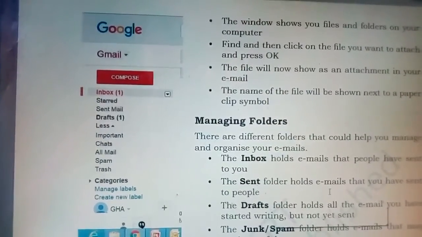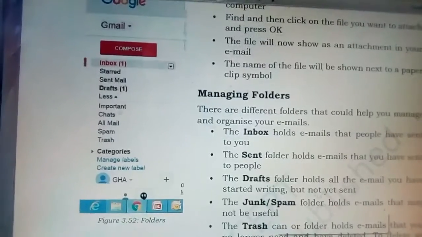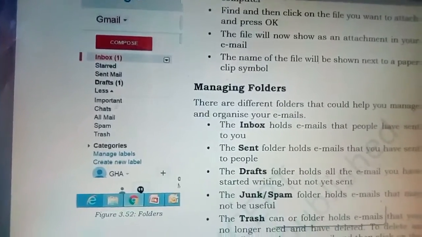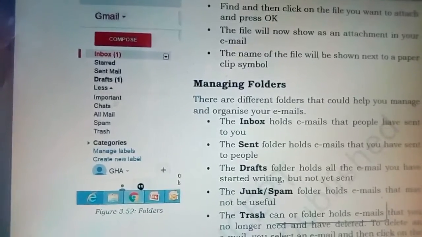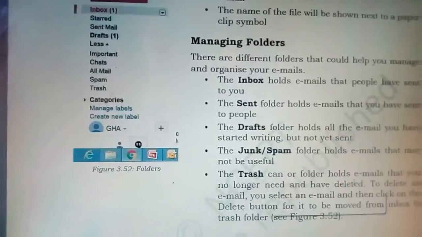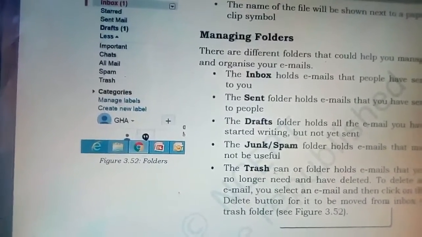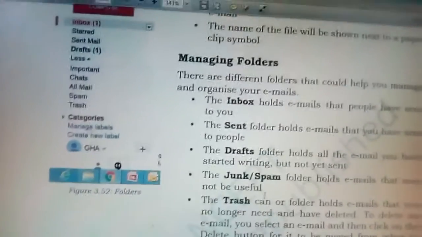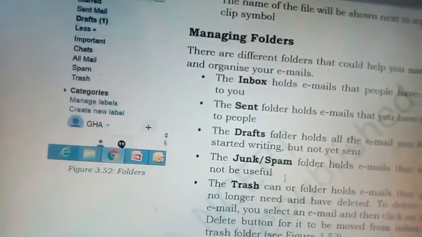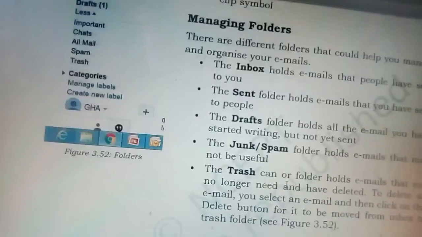Next one is the sent folder, that holds emails that you have sent to people. Drafts folder holds all the emails you have started writing but not yet sent. Junk or spam holds emails that may not be useful, okay, unnecessary emails are stored here.